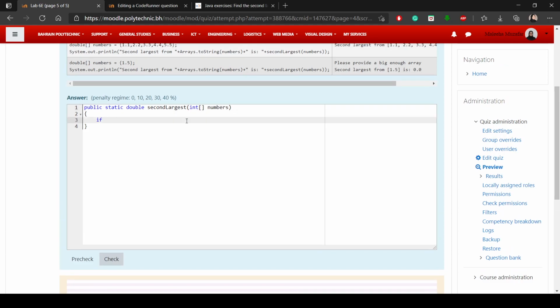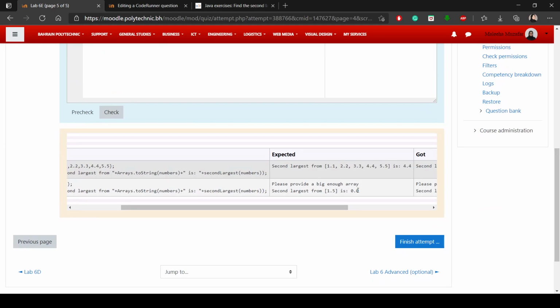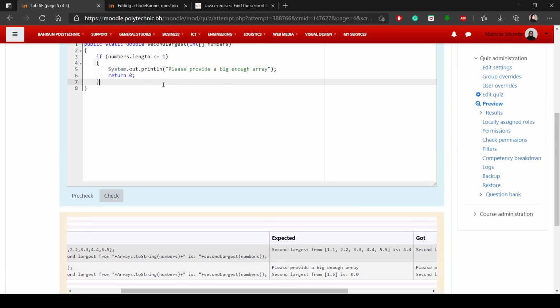So in order to check that, you can just write if numbers dot length is less than or equal to 1, we have to write system.out.println, please provide a big enough array, and then you just return 0. Okay, because here it was 0. Now, otherwise,